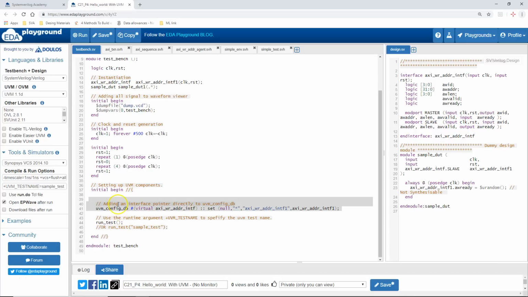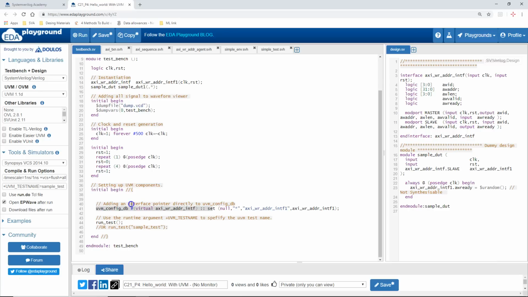Now we will explain the last remaining line, which is this config db line. I haven't explained it earlier intentionally. In UVM there is a mechanism called config db, configuration db. This is how you communicate between different hierarchies. It is a way of putting different objects and different configurations in a central place where every component can access them independently.